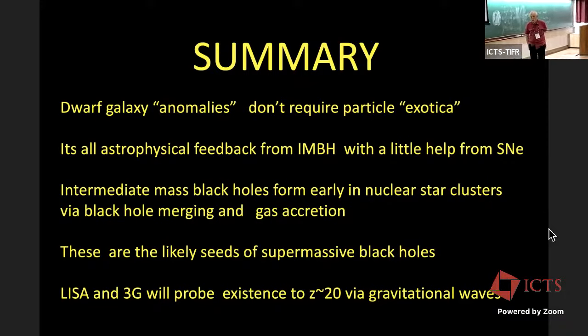And as to distinguishing cusps from cores, I think our best hope is to use stellar dynamics to basically infer the matter distribution of dark matter around, ideally, the central black hole, because that is a beacon. And the dark matter collapses around it, and whether it's a cusp or a core, that distribution will have a signature of how it fell in there and where it came from. So that's our best bet, using classical stellar astronomy, except that you need to use ultra sophisticated cameras now, because you need this exquisite resolution to study individual stars.